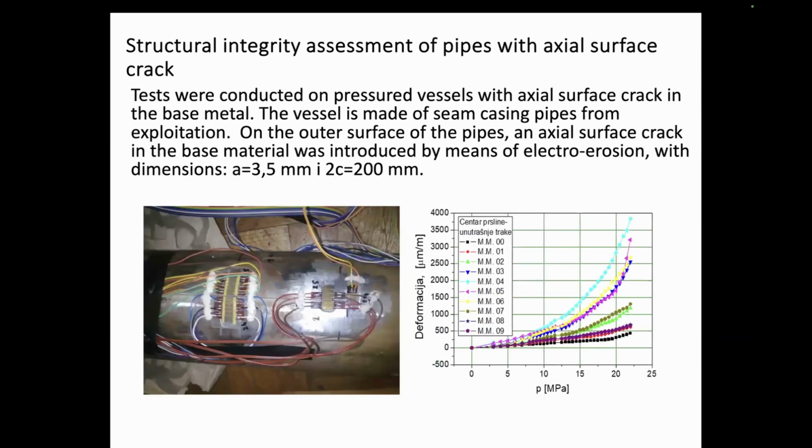And then we also were able in this research to measure strains. This is a long time ago. Nowadays, we would use digital image correlation or any other optical non-contact system. But good old strain gauges showed strains versus pressure. And the working pressure was around 10. So we went up to 22. It even still didn't fail, but we went into the nonlinear region to check simple analytical solutions, because for this,